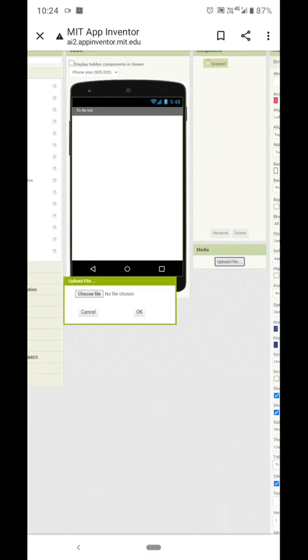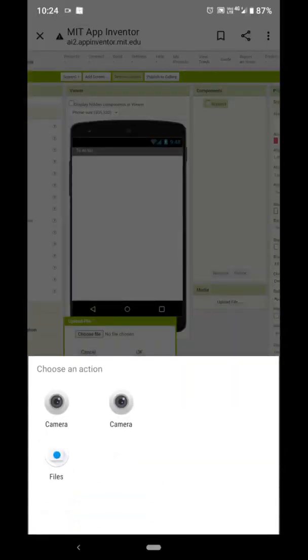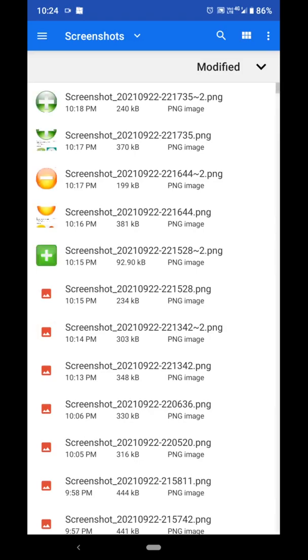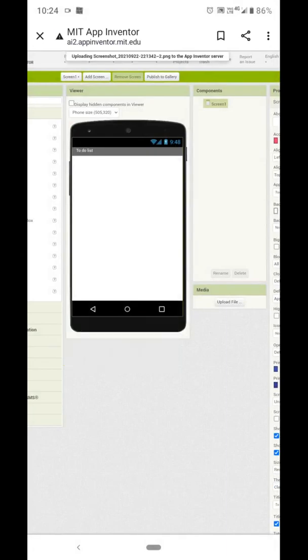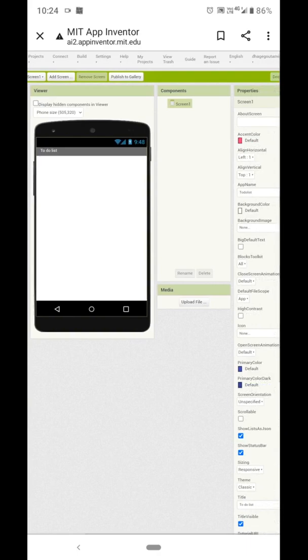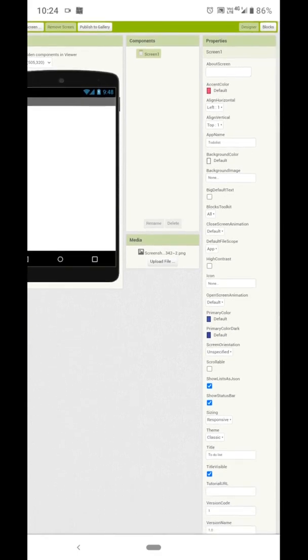Okay. Now upload a file. We are going to take one image to set the background. Okay, change the screen background.